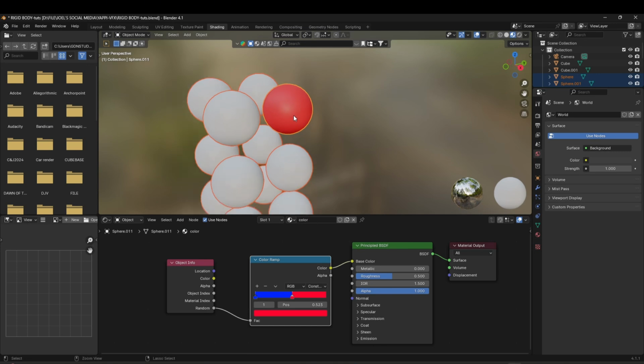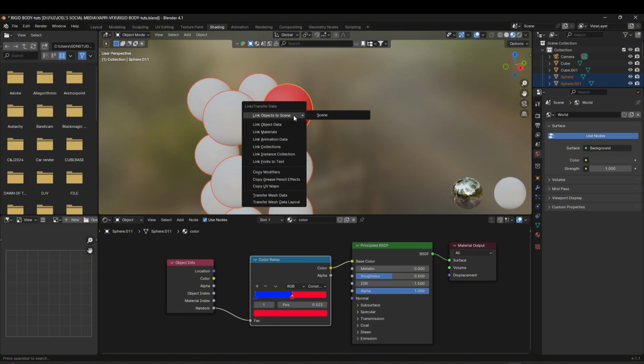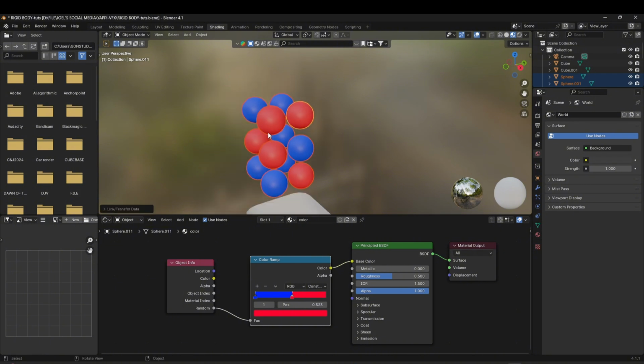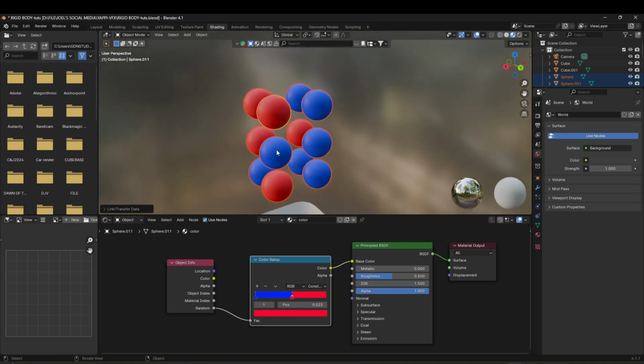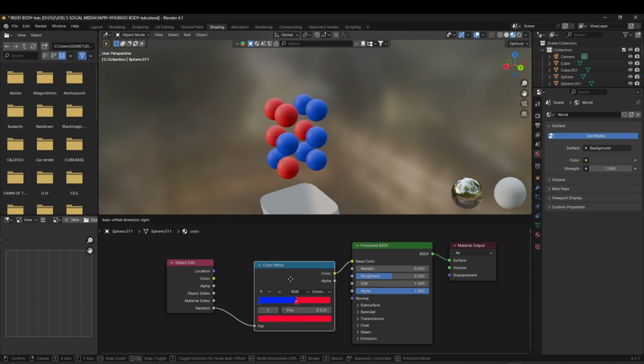And press Ctrl L on your keyboard. Ctrl L, L for lion. Then you see Link Materials. Click on that. This is going to link the materials together, so they all share the same material. So we can see we're having our red and blue balls, which is what we have in our color